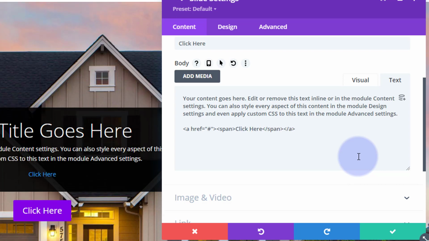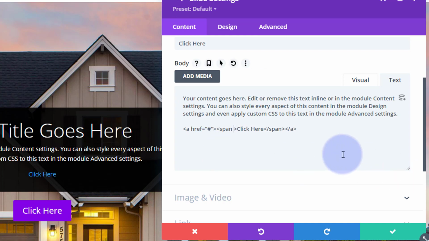Or whatever it is you happen to want to put to say in your button. As you can see, we've got a link in there. Now, we really need to turn that into a button, and to do that we just got to use a bit of CSS code, and I can put all this CSS down below, no problem at all, and I'm happy to. So inside the span,